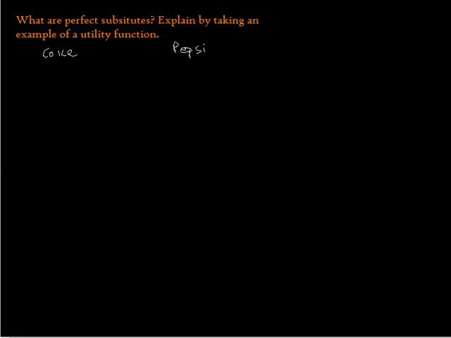Okay, let's take up a simple example in which the utility function is, say, u is equal to x plus y. Now in this case x is Coke and y is Pepsi. So this is the kind of utility function that we have. And in case we want to show it on a diagram, how exactly will we show this? Like this.